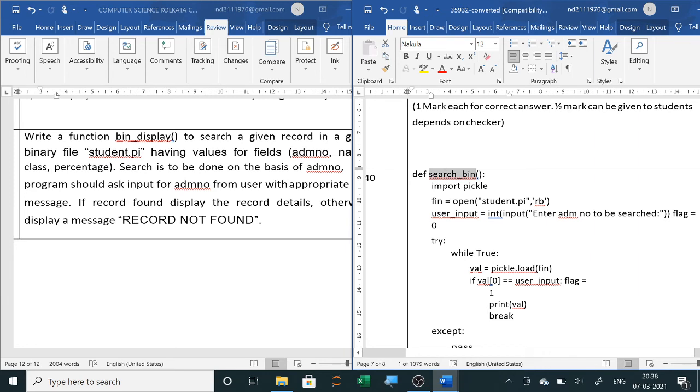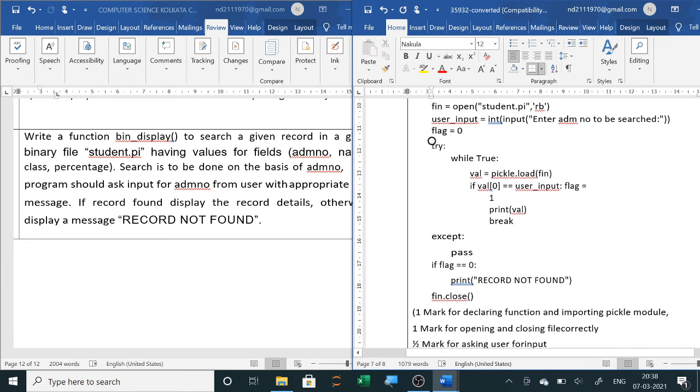Then we are opening the student.py file in RB mode. You are taking the input to search, whichever value you want to search, from the user. Then in try except, we are loading it one by one. We have to check it. So we are loading.